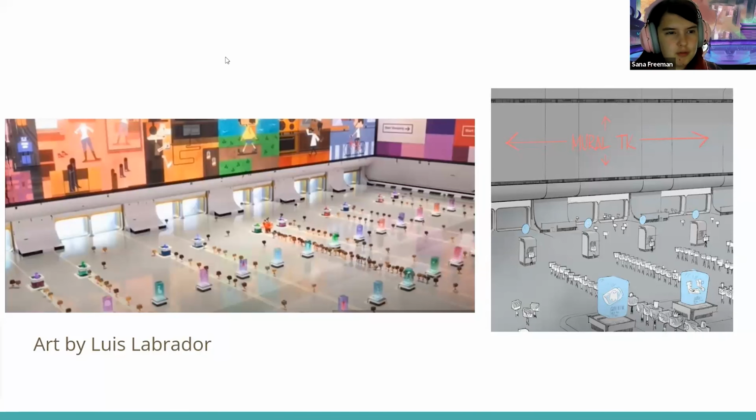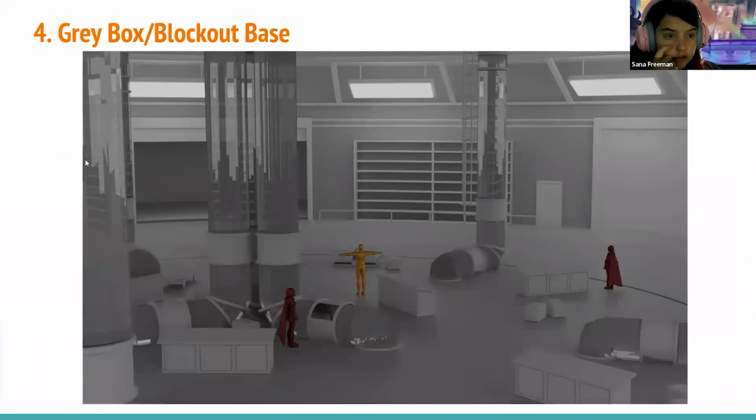But this is probably the one I use the most now. This was again part of the turning point after GenLog, and Ruby 6 was just starting with a gray box and a block out base. This is the one I think is most applicable to games. Because I could make this and then hand this off to 3 teams that just need a model now, and they can work with this even though it's not the best, but it works for me.